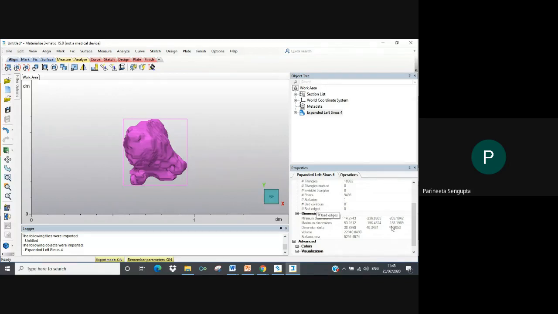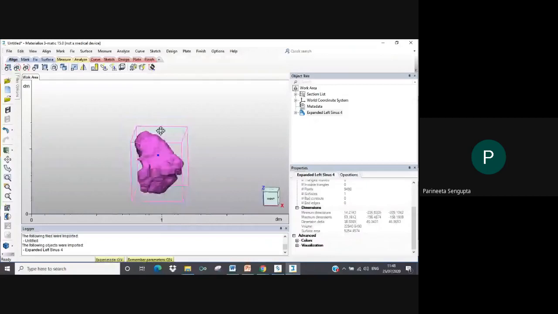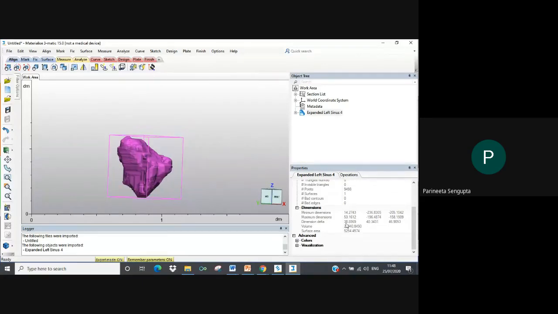Coming down to your dimensions, you can see you have your minimum dimensions, you have your maximum dimensions. Basically what dimensions mean is you can see there's a box created around this model. This box is your delta dimension or your box dimensions. It gives you the length, breadth and height. Below it is volume.